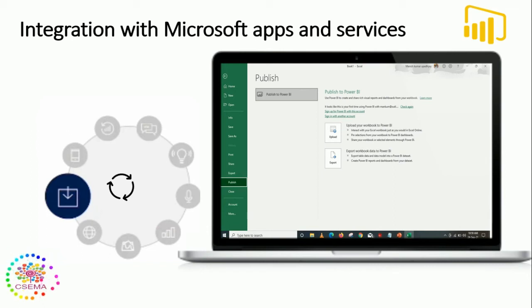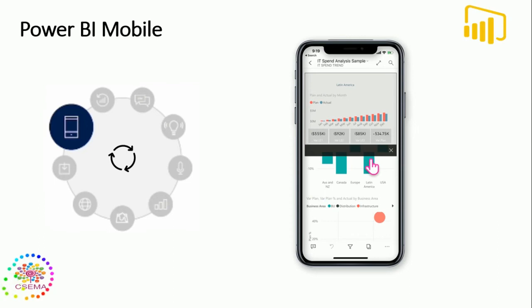Let's take a good example of that. You do project management and you want to share the progress of the project. You can use that on the web. And also it integrates natively with a number of Microsoft apps and services like Microsoft Excel, Intune, and so on. So you can use Power BI embedded on those data services, and then you can export any Access data to Power BI. Finally, you can use Power BI Mobile, which normally you can use to access the data, but you can also use it to collaborate and share the findings on the data with the rest of your team.